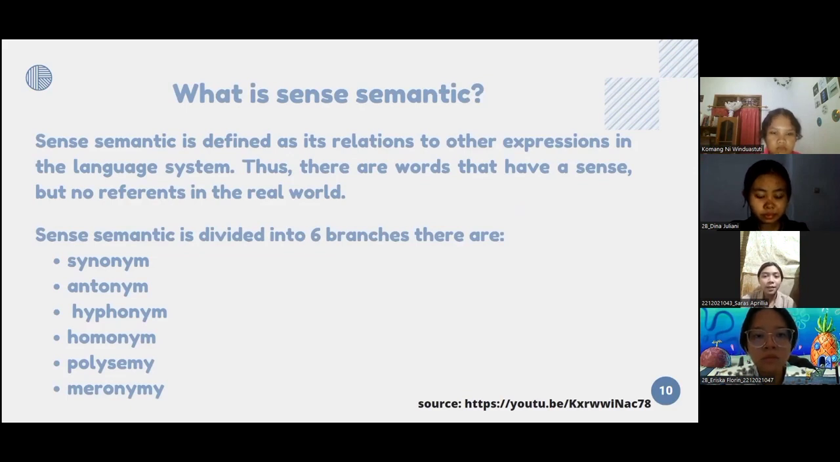Okay, the next material is about sense semantics. Sense semantics is defined by its relation to other expressions in the language system. Thus, there are words that have a sense but not a real referent. Other words may differ in sense but not necessarily in reference, and vice versa. Sense semantics is divided into six branches. They are synonym, antonym, hyponym, homonym, polysemy, and meronymy. Next,